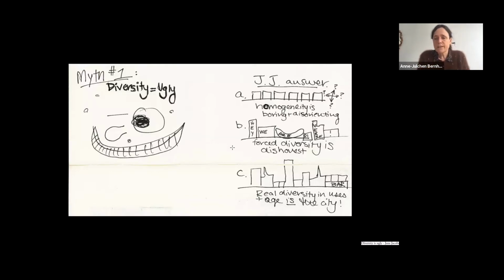And in this beautiful drawing by Jane Jacobs, it's focusing the problem that construction at one time isn't as diverse as the city as a palimpsest.